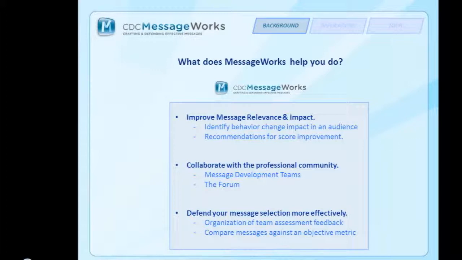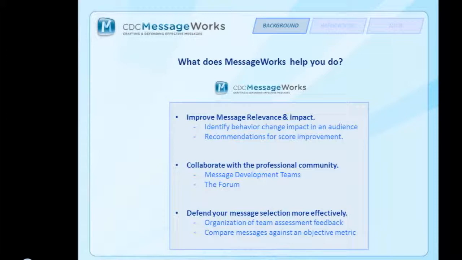Fabulous. The third part has to do with defending your message, and almost all of us are in the situation where somebody turns around and asks us, okay, we see the art, but where's the science? I'll describe how the engine for MessageWorks was developed in the next couple of slides, but this allows you to add the science to it and say, look, over 40 years of research with over 20,000 participants across disease states, across multiple message tactics, we have chosen to go in this particular direction based on this scientific evidence. And it makes it a little bit easier to defend your message.